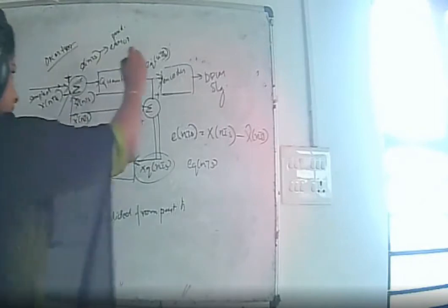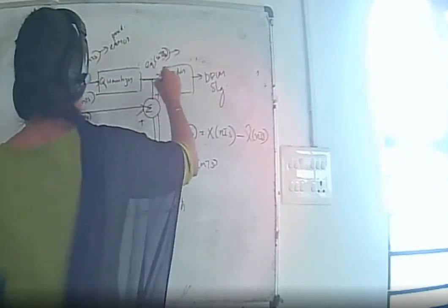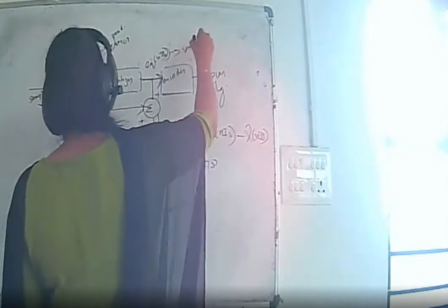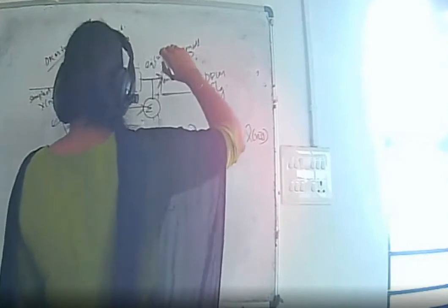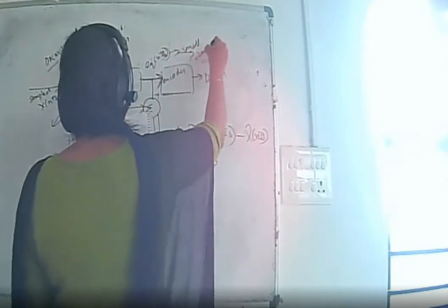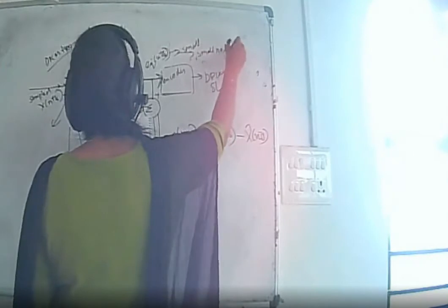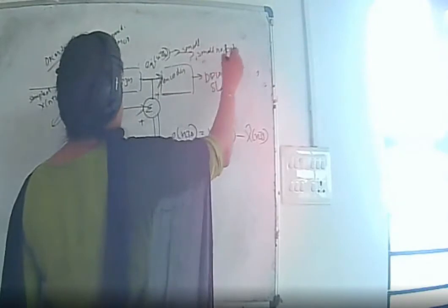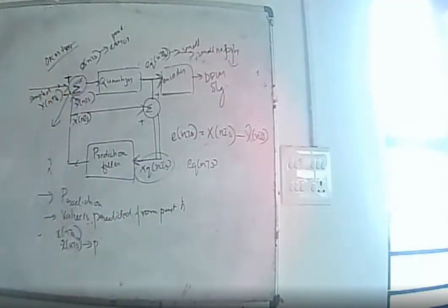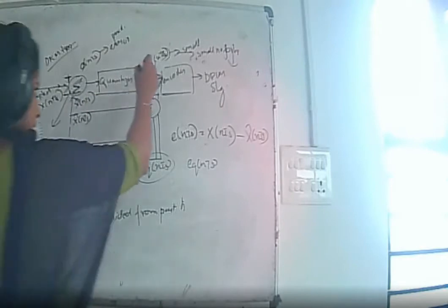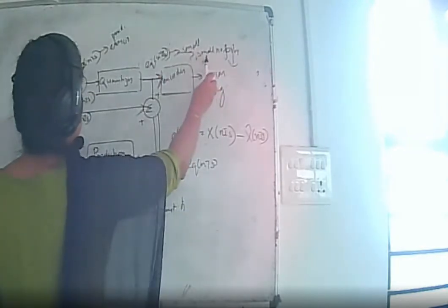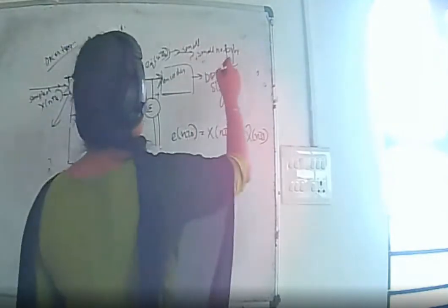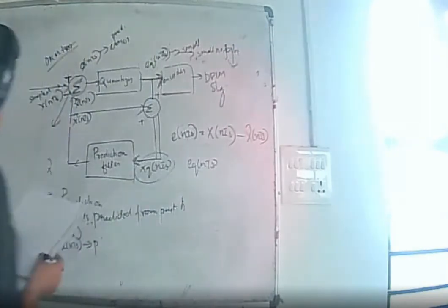This quantization error, which is the input to the encoder, is a very small value, so it can be encoded using a small number of bits. Thus, in DPCM, the number of bits per sample is reduced. The quantization error, being a small value, can be represented using a small number of bits.